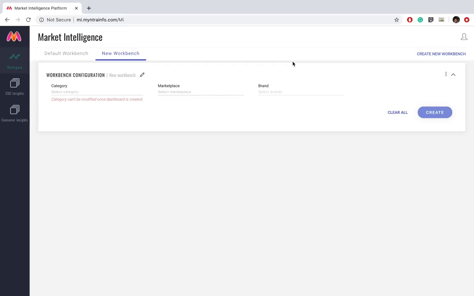Let's take you through the product demo of the market intelligence segment. Right now, you are in the workspace section of the product. Each and every tab is a workbench. Each workbench essentially acts as a home for a collection of widgets, where each and every widget has been defined to solve for a particular analytics use case.